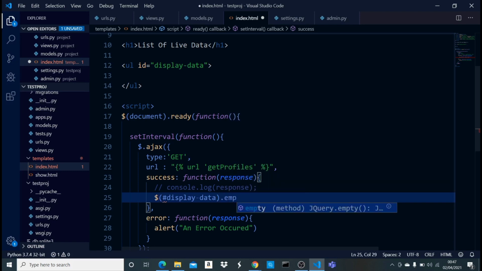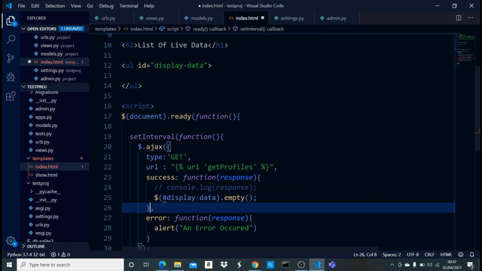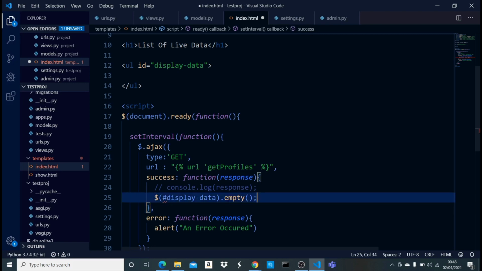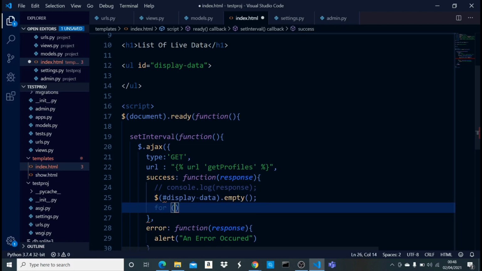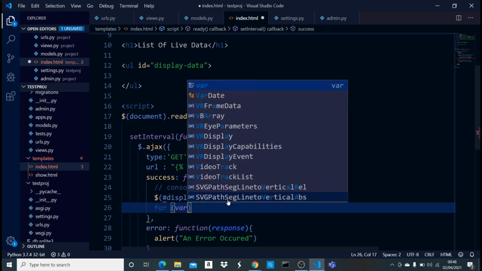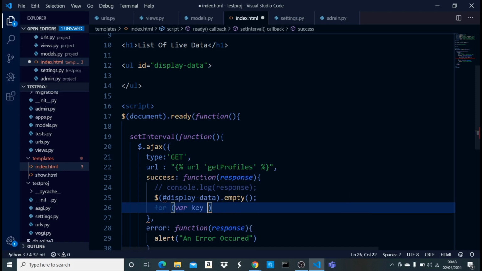Dot empty. What this dot empty does is, first of all, make it empty before we do anything. After that, we're going to use a for loop, and we're going to say for var key in response dot profiles. So for all the keys in response dot profiles,